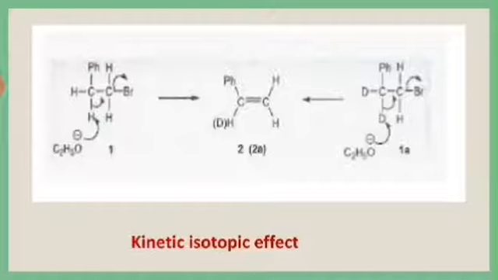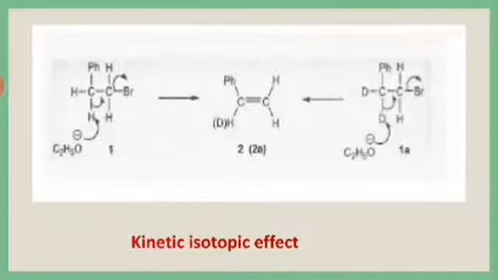How does it occur? When deuterium is used, the kinetic isotope effect is referred to as the deuterium isotope effect, and the CH bond is about 5 kilojoules per mole weaker than a CD bond. CD means D is deuterium. So if the rate limiting step involves the breaking of this bond, as it does at the E2 transition state, there will be a substantial difference in the reaction rate. Substantial difference means a very big difference in the reaction rates when comparing the deuterated and non-deuterated analogs.